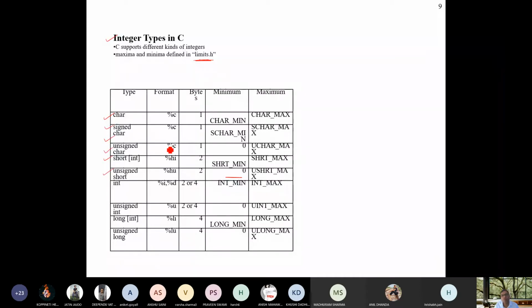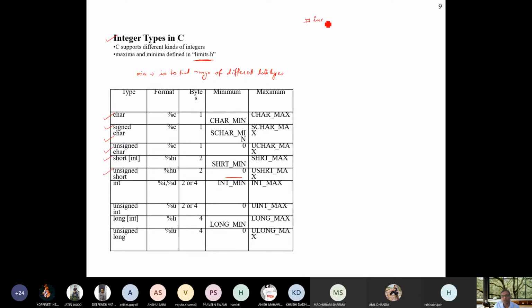So what is the program? Our aim is to find the range of different data types.